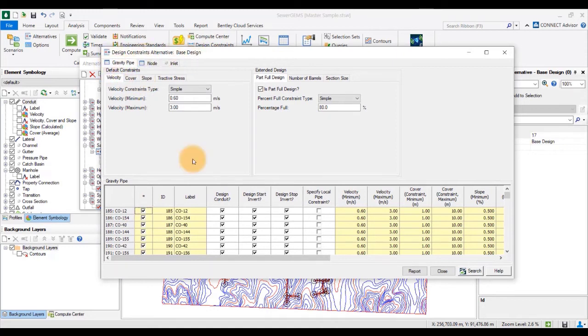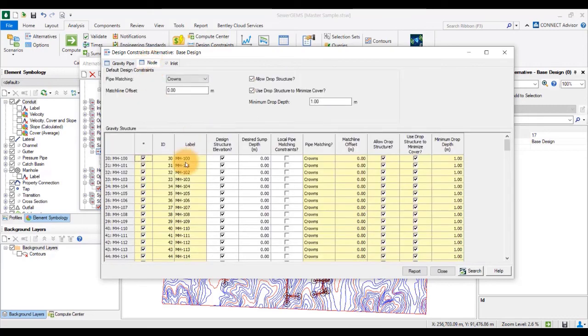Now in the design alternative, we have the option of selecting what kind of design we want for individual conduits. So we are going to go with designing the conduit as well as the start and the stop invert levels also. So those options are selected. I also don't have any local pipe constraints, so that is unchecked.